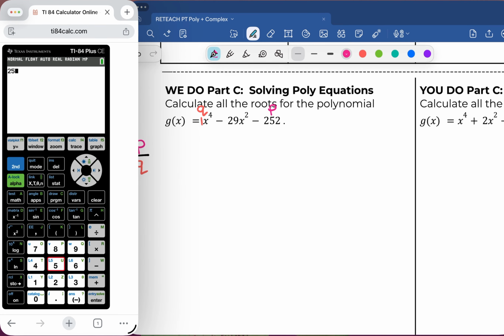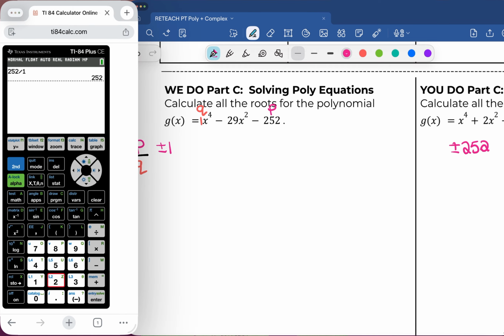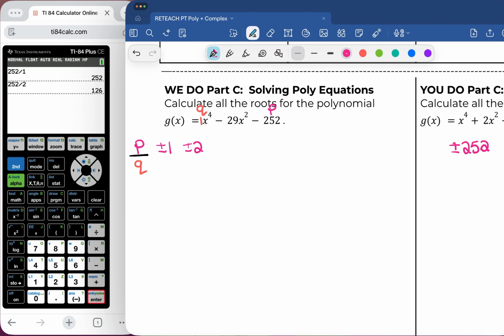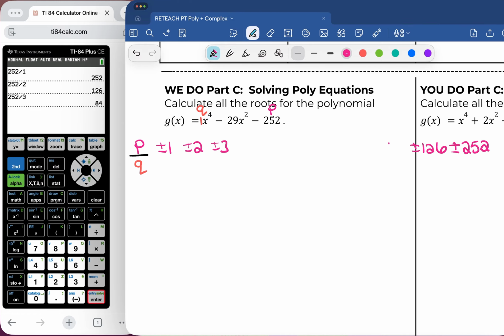And you would just start doing like what we used to do in the old days in Algebra 1, and we would divide by 1 and see if it would work. Of course, 1 is always a factor. Because I'm writing larger so that you can see it on your screen, I'm going to kind of lead into that other side, but you should have enough room writing normal. So 1 and 252, and then I would divide it by 2, and I would say 2 and 126, and then I would divide it by 3, and I'd see 3 and 84 also work,